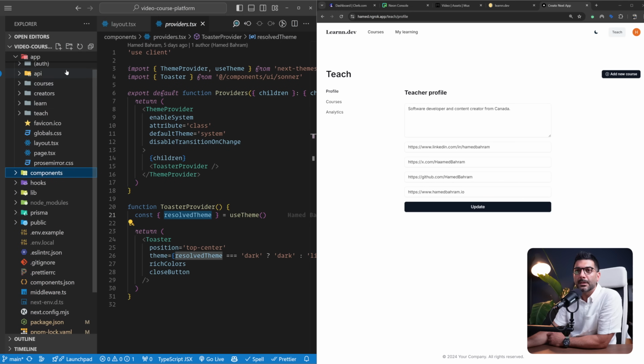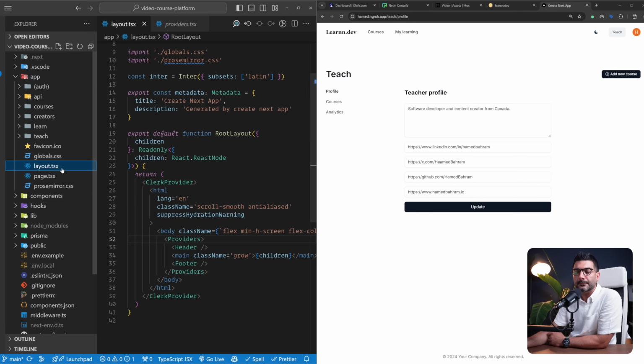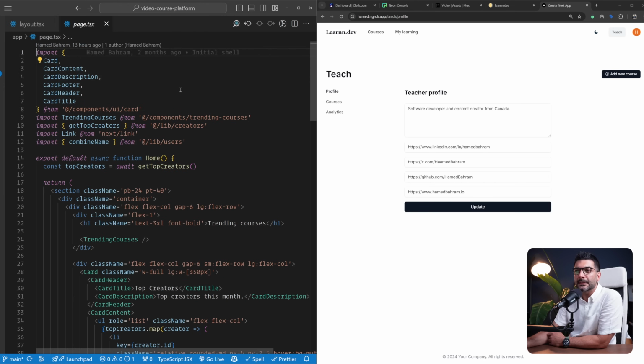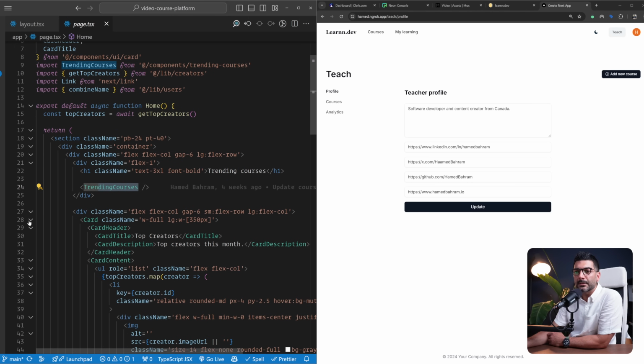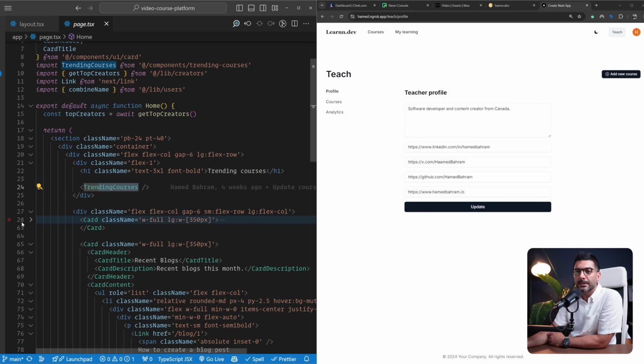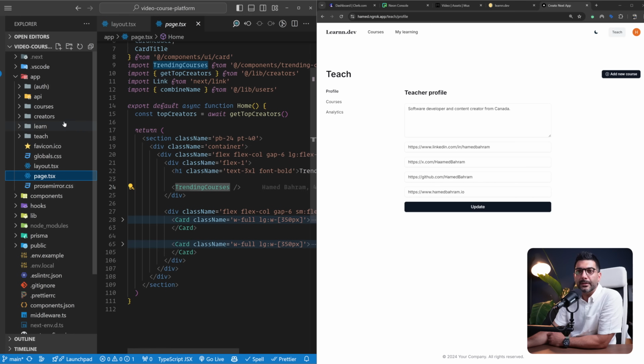So let's go back to our root layout. So we have our header that we talked about, a main content, and the footer. Footer is just showing that down there. Now for our homepage, this is where we had our trending courses and also a card that shows our top creators and a card that shows our recent blogs. So with this, let's go to our